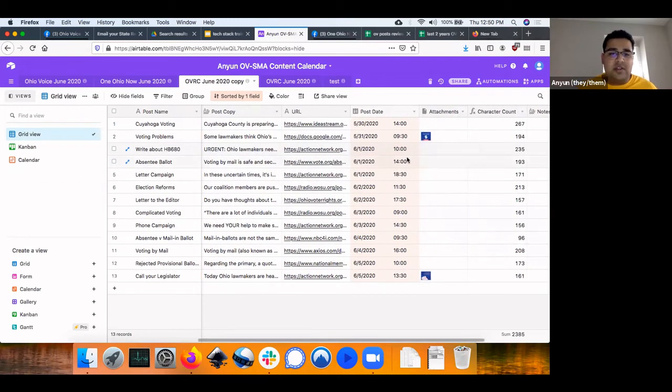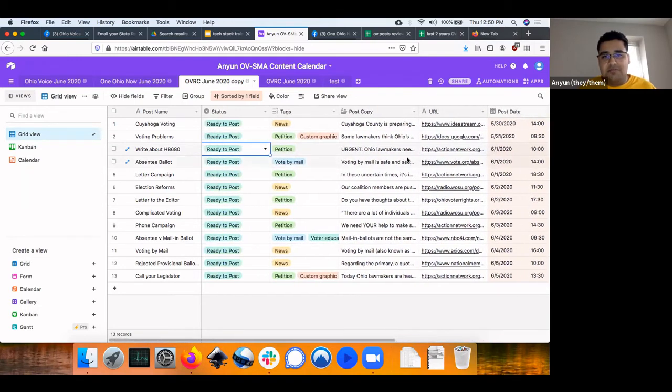So once you have all this, you can actually manually post from here once it's ready to post. But that's annoying, because then you have to have someone in charge of all that. You have to be like, okay, go to our Airtable every day and look for what's ready to post and then post it. So instead of having a person do that, you can have a robot do that, and the